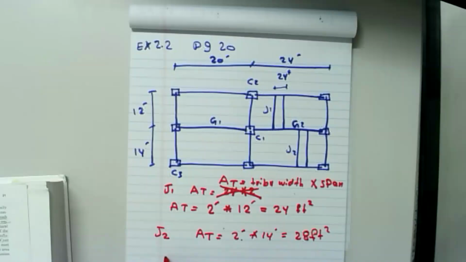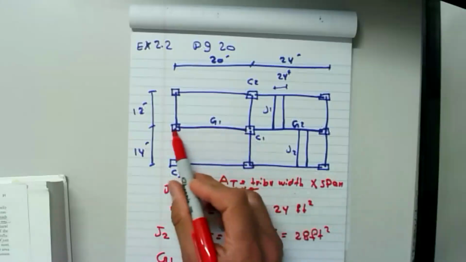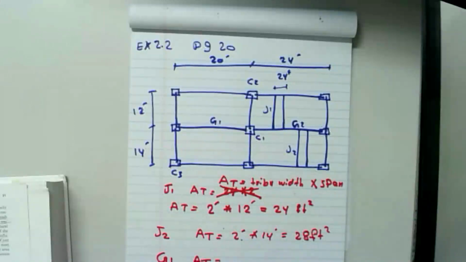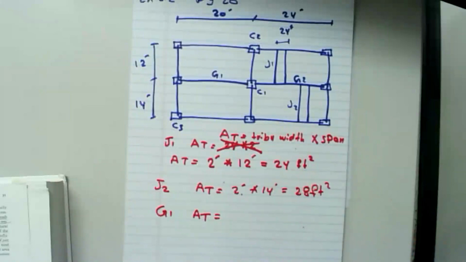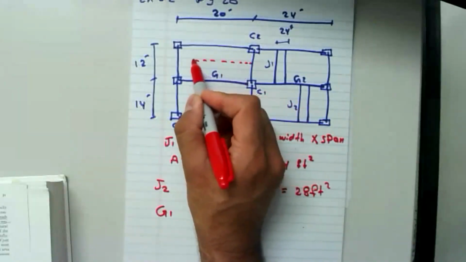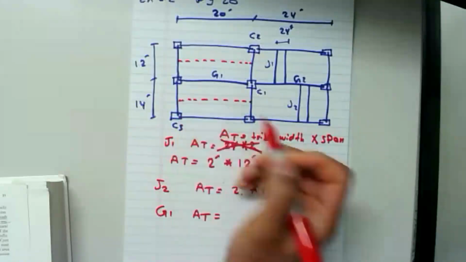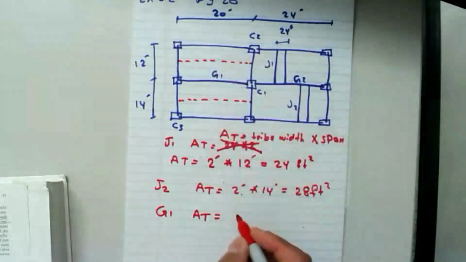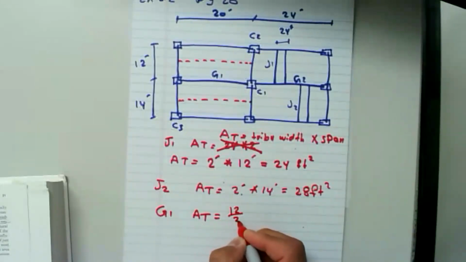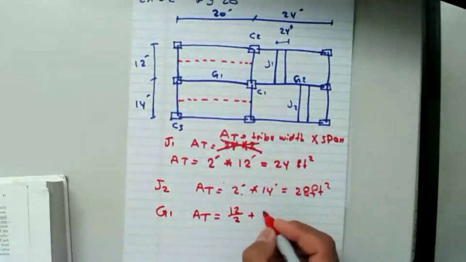So if this makes sense, then I would like somebody else other than Wyatt to tell me what is Girder 1 tributary area? Girder 1 is this. So you typically take half the distance from here, half of the distance from here, right? So if we take half of the distance here, it is 12 divided by 2 plus 14 divided by 2